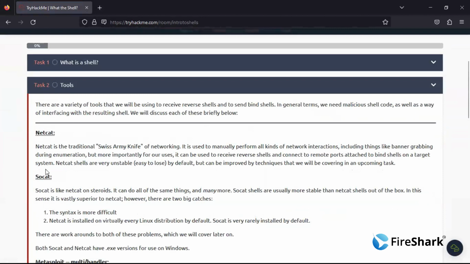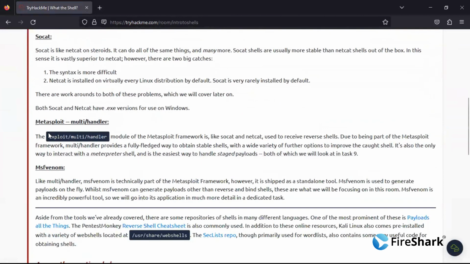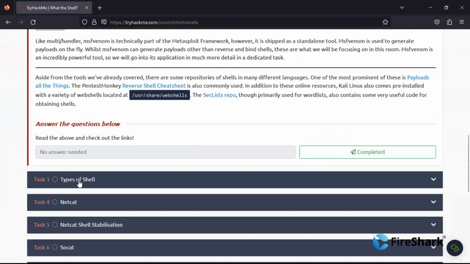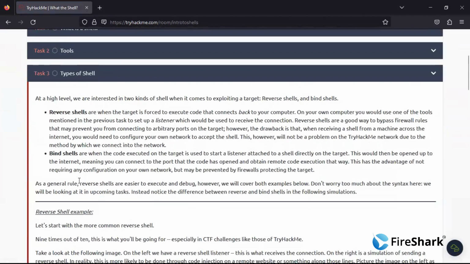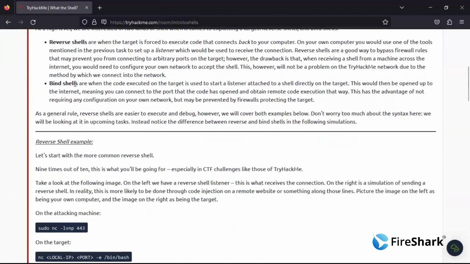Various tools are Netcat, Socat, Metasploit, MSFVenom. And types of shell: there are two types of shell, reverse shell and bind shell. When we talk about the reverse shell, reverse shells are when the target is forced to execute code that connects back to your computer,